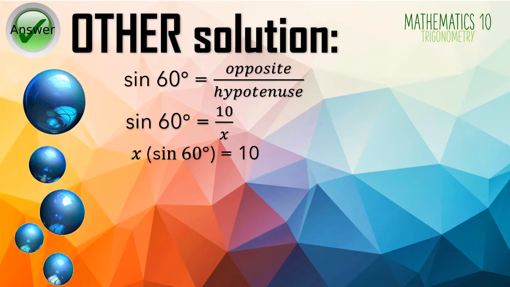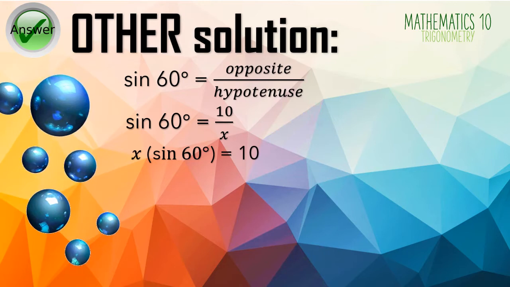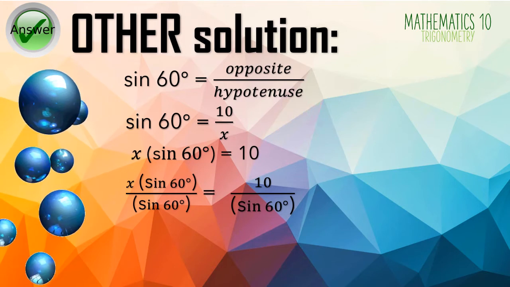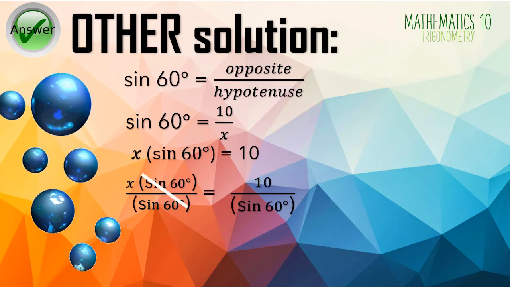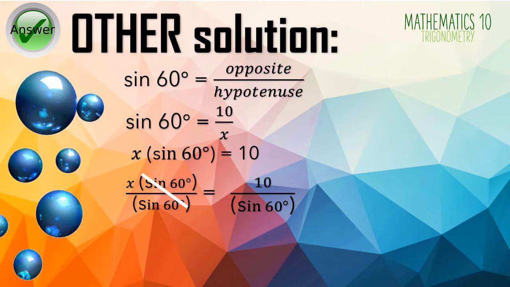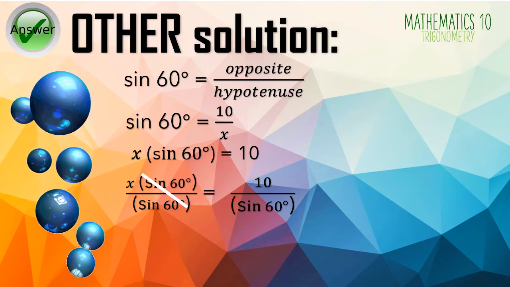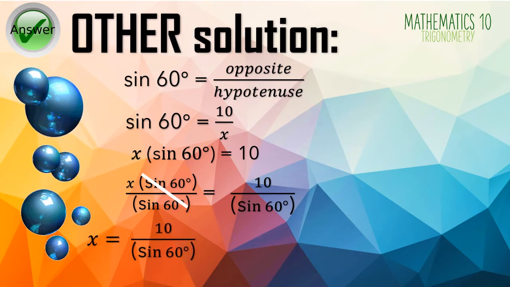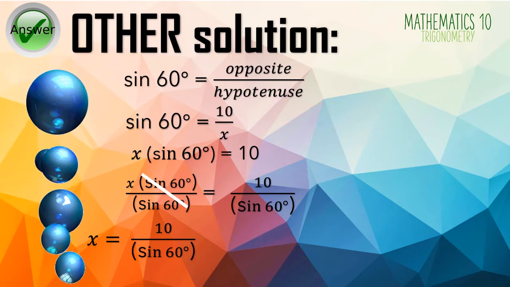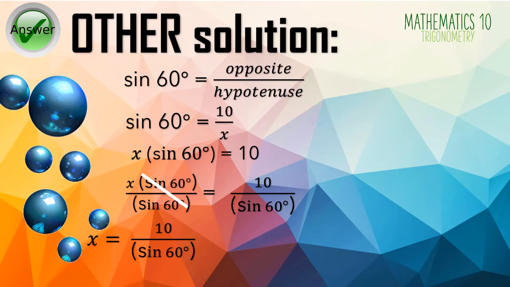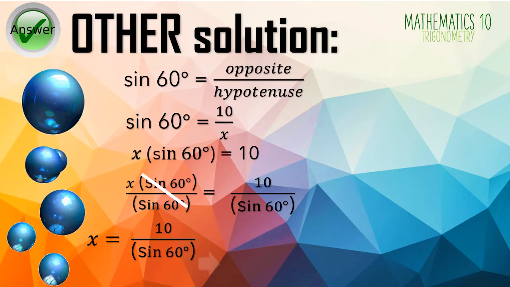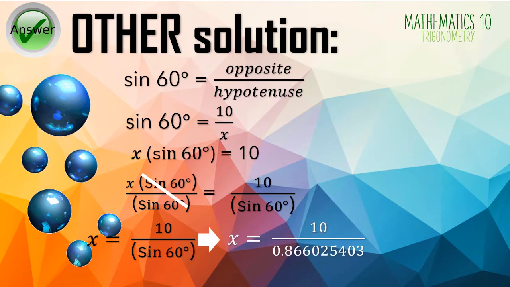Then, we need to isolate the x there. So we will divide both sides by sine 60 degrees. So we will cancel out sine 60 degrees both in numerator and denominator at the left side of the equation. Then we will end up with x equals 10 over sine 60 degrees. So you may now input that in your calculator and you will already get your answer. But for others, maybe they would get first what is sine 60 degrees in their calculator and they will end up with